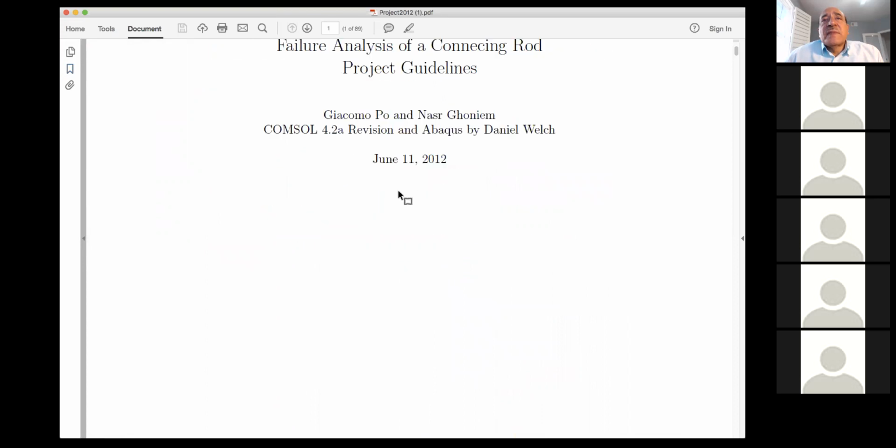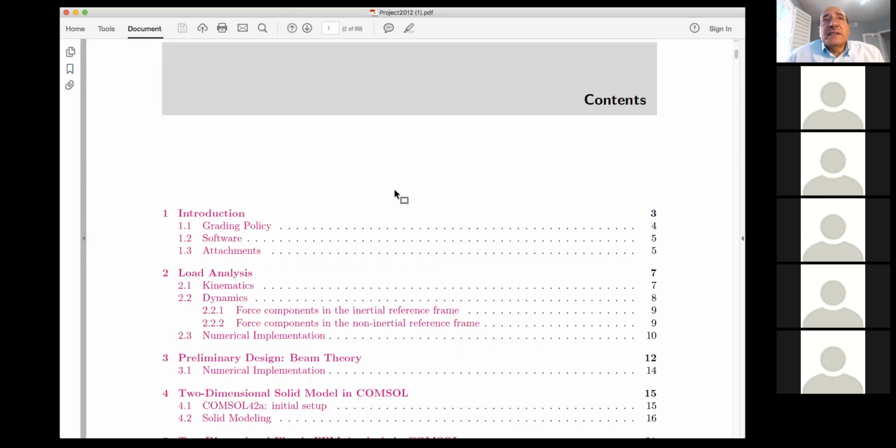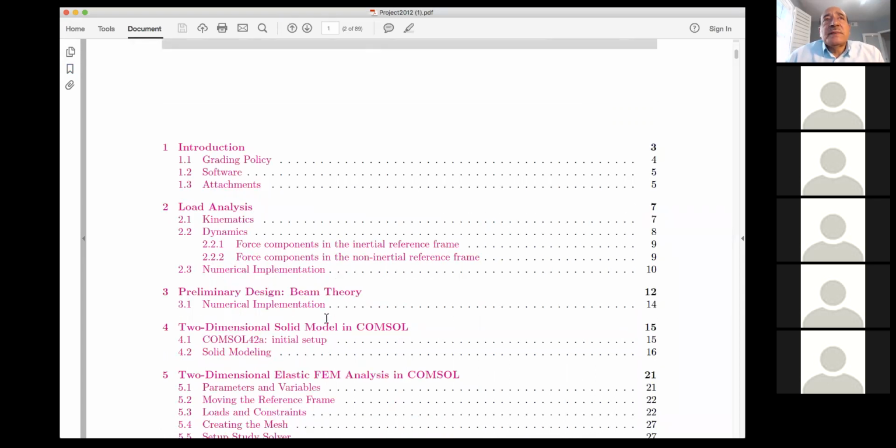By and large, it will have the same exact elements, but maybe some changes related to the new revisions in the software, because the software COMSOL, for example, has a new release, 5.2. So we will be changing some of the commands in COMSOL.